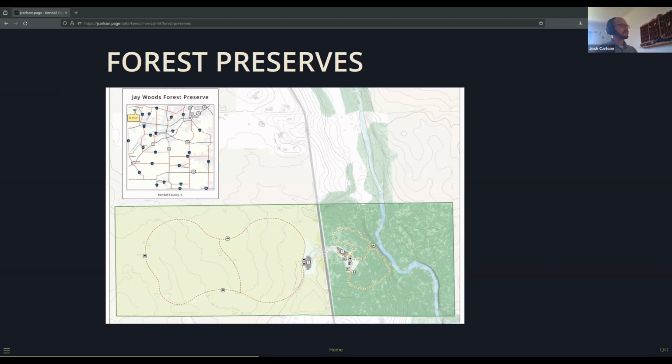But personally, I do not like when preserves and areas like this have imagery. I don't really need to see what the trees looked like in July of 2018. I just need to see where the trails are and maybe have a rough sense of the land cover. So we wanted to make a vector base map for the forest preserves, but we immediately found that neither us nor anyone else had good information for natural features. Where's it woods? Where are the prairies? Where are the farm fields?